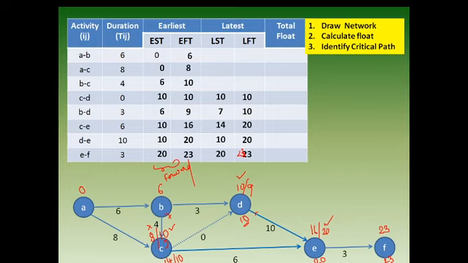Now B to C. There is a junction over here. In backward pass calculation, which value will adopt? Greater value or smaller value? Will adopt smaller value. Now C, latest finish time of C becomes 10. 10 minus 4. How much we will get? We will get the value as 6. Now again there is a junction of 2 times. So in backward pass calculation, which value will select? Less value, 6 we will select.